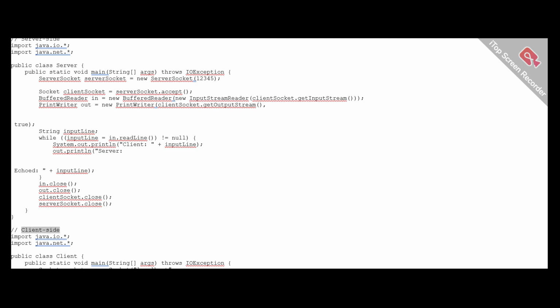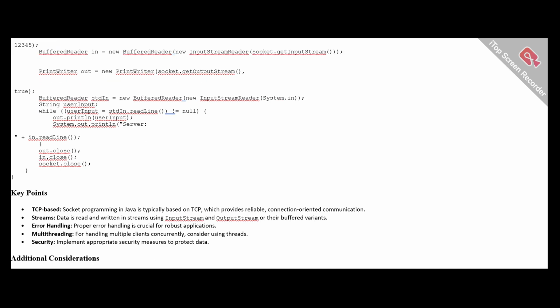// Client side. import java.io.*; import java.net.*; public class Client { public static void main(String[] args) throws IOException { Socket socket = new Socket("localhost",